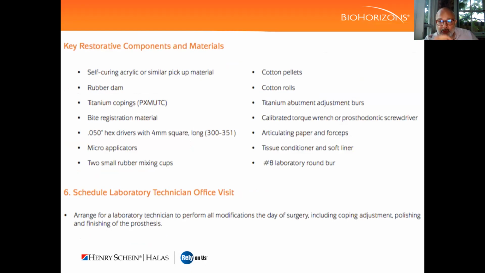You'd place your implants, put the multi-units on, and put these cylinders that screw onto the multi-units. The cylinders have screws that screw down, which would actually be in the final prosthesis that you put on, because a cylinder was a cap that went over the multi-unit. You screw those on, you get your denture that is supplied by the lab in advance, and you get the aesthetics as best you could in terms of the midline, the occlusal plane, and the